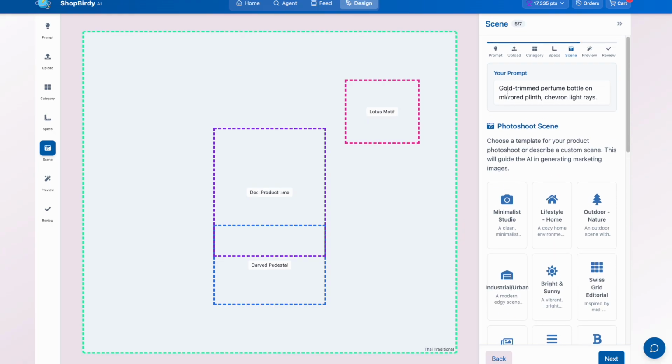So considering we want a gold trimmed perfume bottle on a mirrored plinth with chevron light rays, to me this would be great for a luxury brand. So maybe I'm in the cosmetics industry, perfume, fragrances. I'm going to want to use some of those really outstanding visual and design elements in the end result. So I mean, I could choose